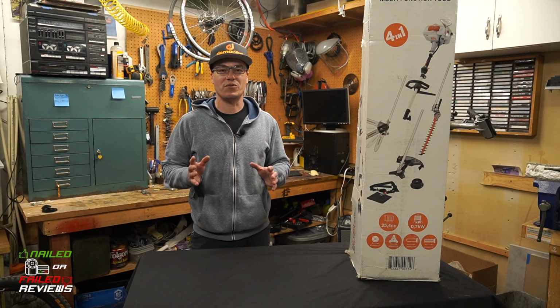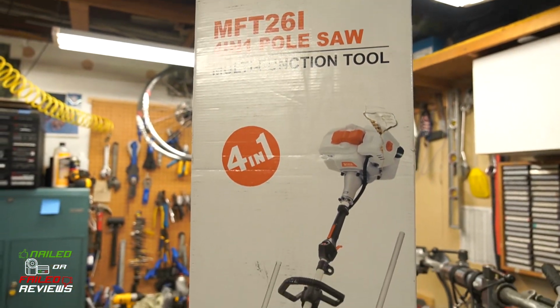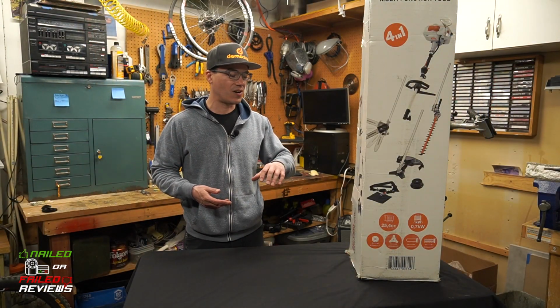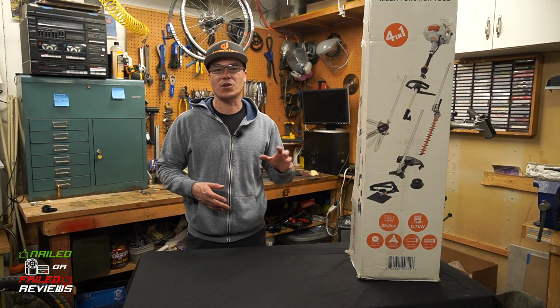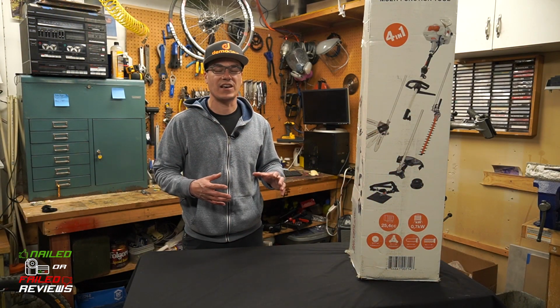Today we're going to be doing a review video on the Sunseeker 4-in-1 multi-purpose pole saw. This thing comes with a trimmer, a chainsaw, a hedge clipper, and a few other accessories. And today we're going to go over the unboxing. We're going to show you all the pieces that come with it, how to put it together, and then we're going